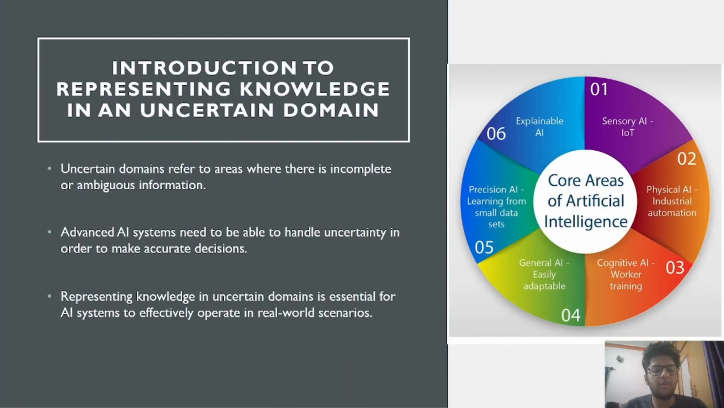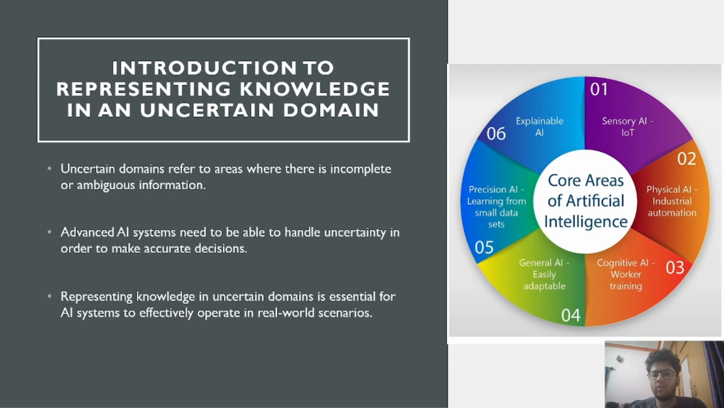So coming to the introduction part, uncertain domains are referred to as areas in which there is incomplete or ambiguous information, or information that is not classified or that cannot be seen, in which advanced AI systems need to be able to handle uncertainty in order to make accurate decisions. As we know, AI systems are used for prediction and analysis. So AI systems need to be able to perform functions on data that are ambiguous or that are in uncertain domains. Representing the knowledge in uncertain domains is essential for AI systems to effectively operate in